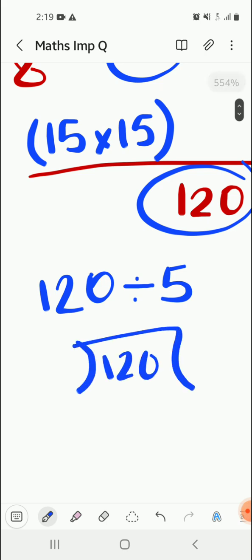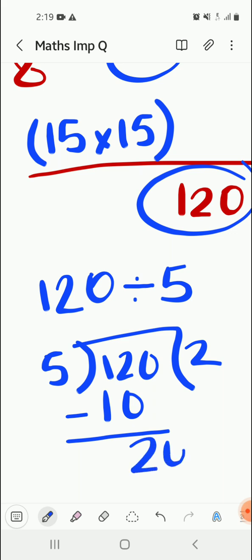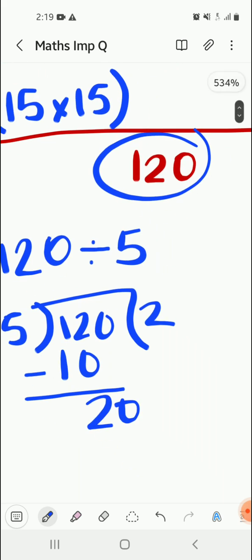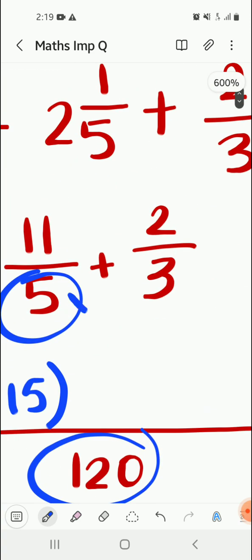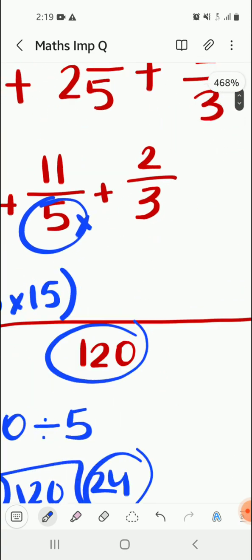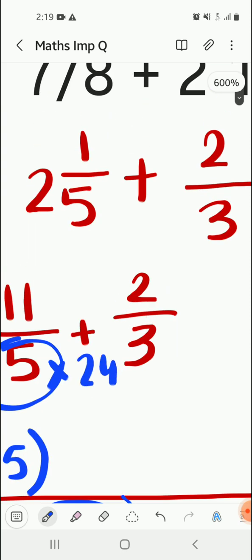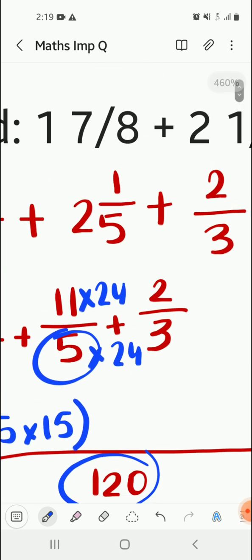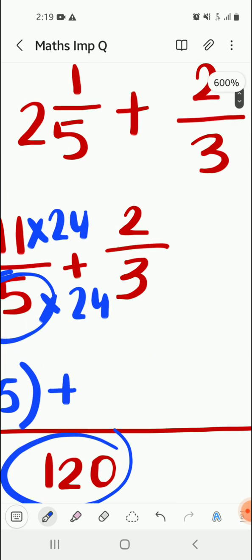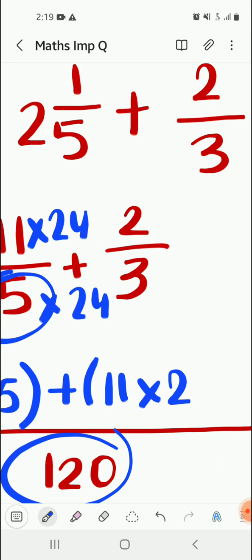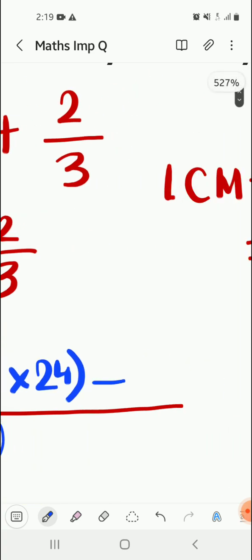It's 24, it actually means that 5 into 24 is 120. So multiply the same in the numerator, that is 24. So we are going to write it over here, plus 11 into 24, plus